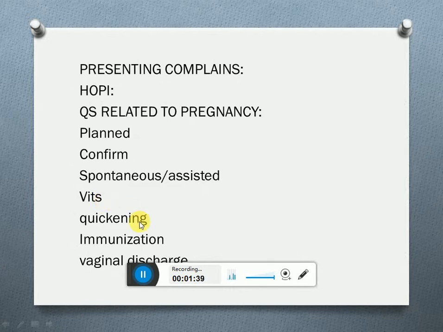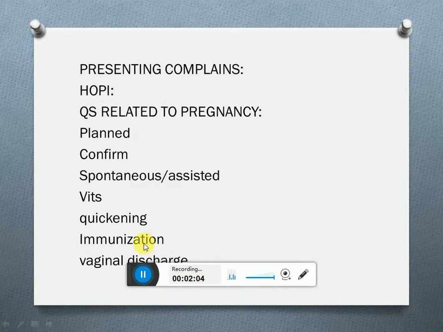Then if she has come after 24 weeks, or late in the first trimester, you have to ask about the fetal quickening, whether she feels the fetal quickening or not. And if she has come in the 7th or 8th month, that is in 28 to 32 weeks,